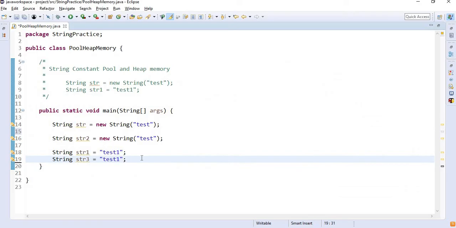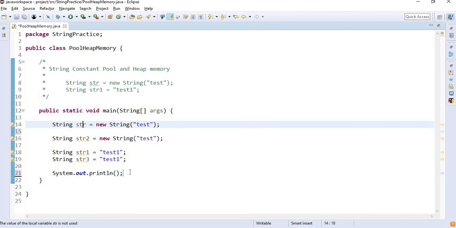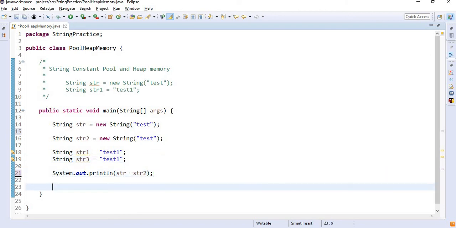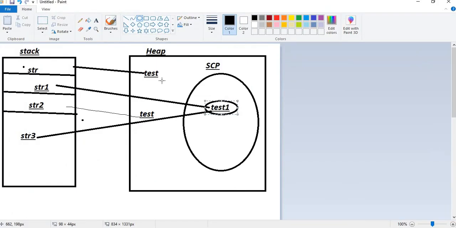Now we will see this with the help of a program. Suppose I want to check if str and str2 are equal with the help of the double equals operator. Understand the difference: I am not using equals. When I use the equals method, it will compare the value.